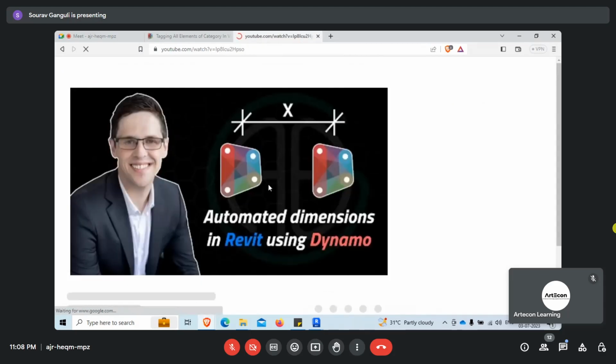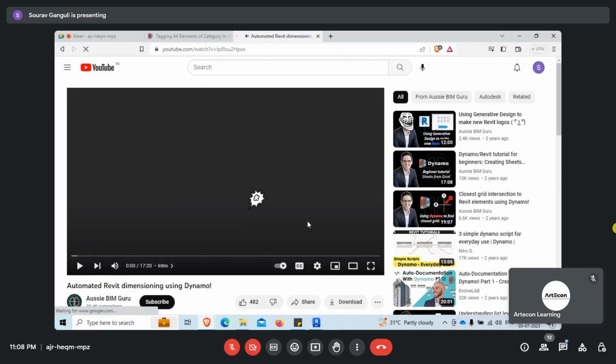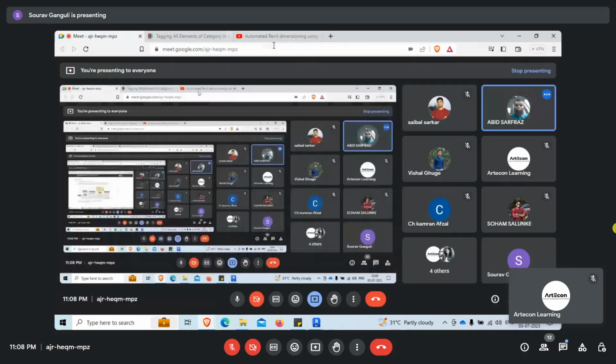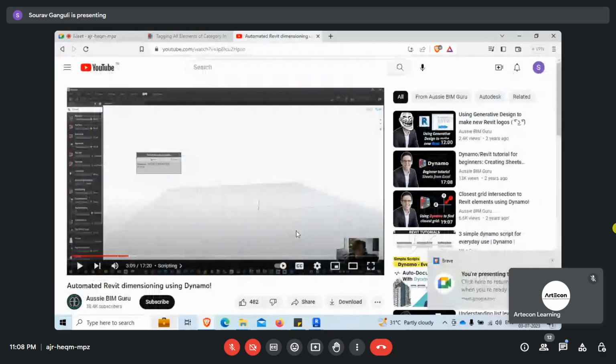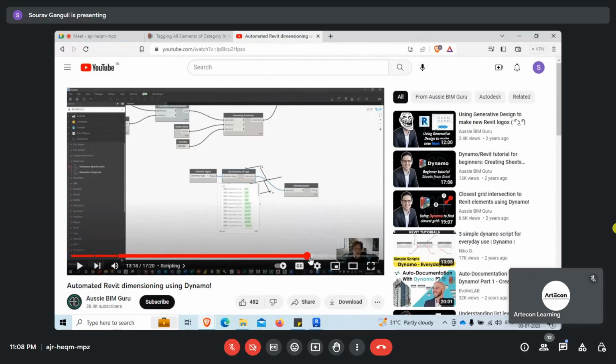This is pretty good, but it has its challenges as well. Take a look at this, and we will still be covering Dynamo going forward, but not today. He used Aussie BIM Guru and some custom nodes, so there is a difficulty in using this script. I tried before. I have not explored the dimensioning part too much,